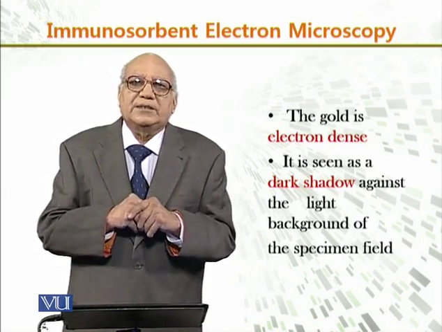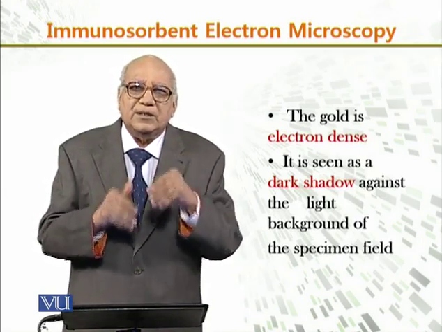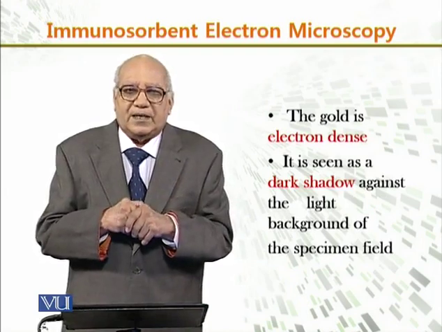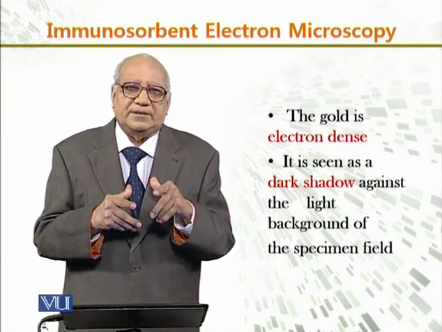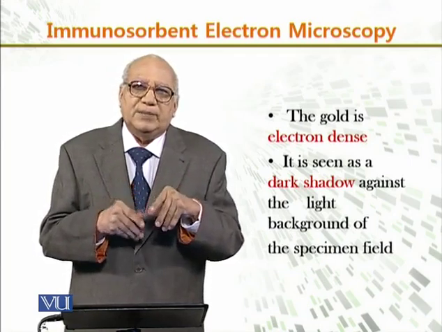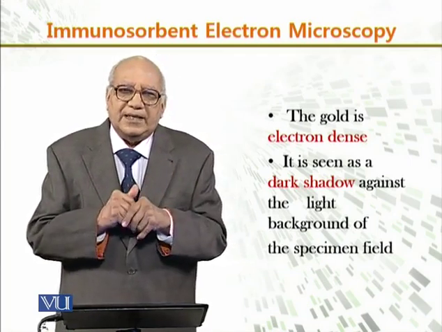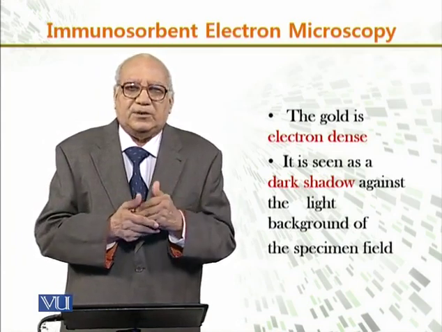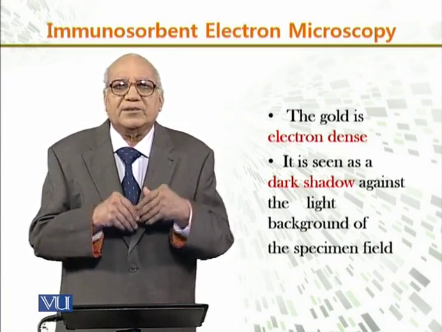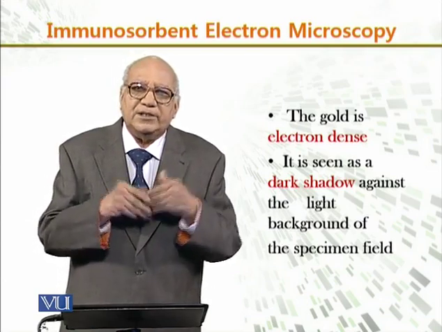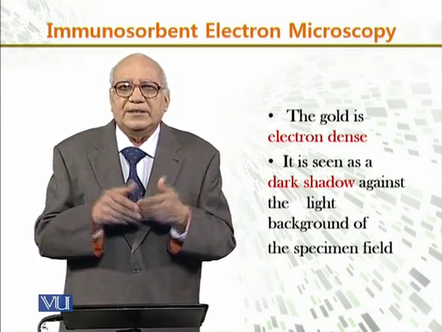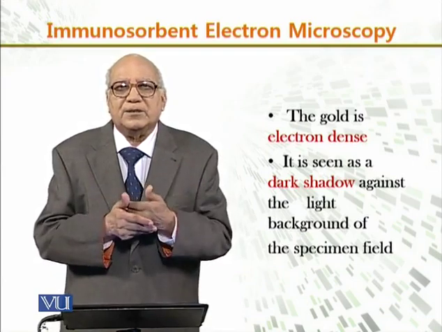And we conjugate those antibodies with the gold particles because the gold particle is electron dense. What we mean by electron dense is that electrons cannot pass through it, rather it will give a black image, just like light. When it passes through, it cannot pass through an opaque